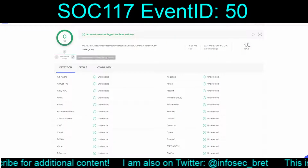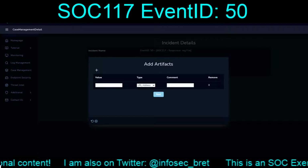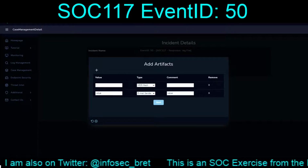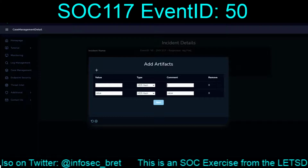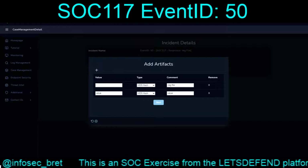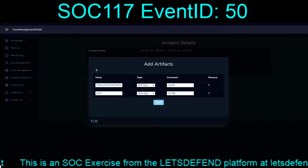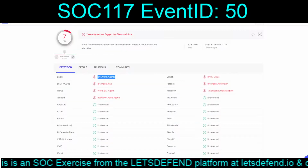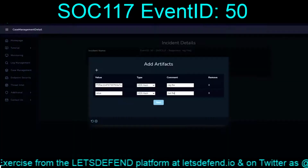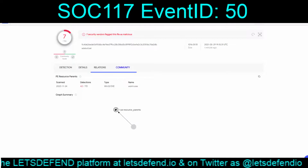So we've got two aspects. We've got the reg file, so that's going to generate as it sits. .reg file. And this is going to be the .bat file, which is up here. I mean, there's no indicators of...